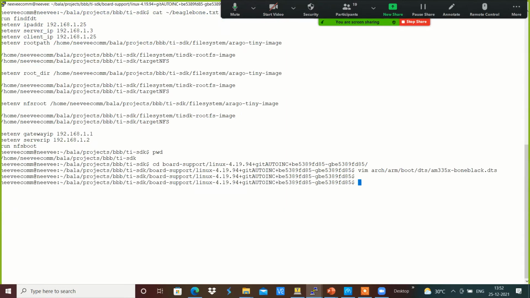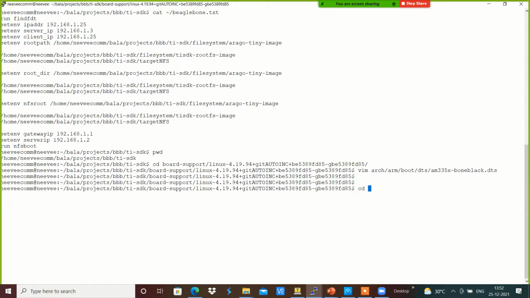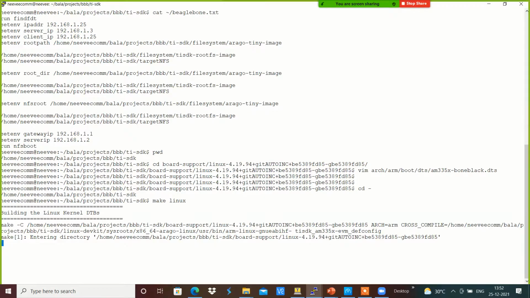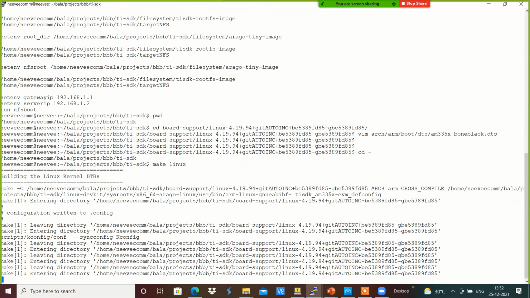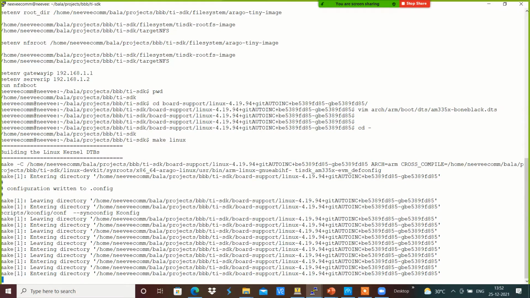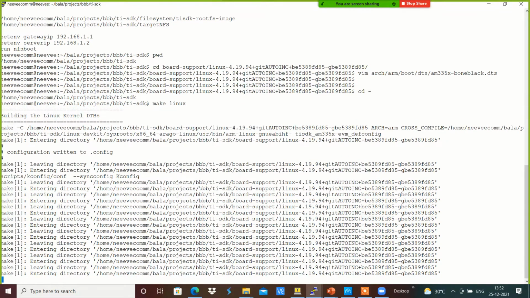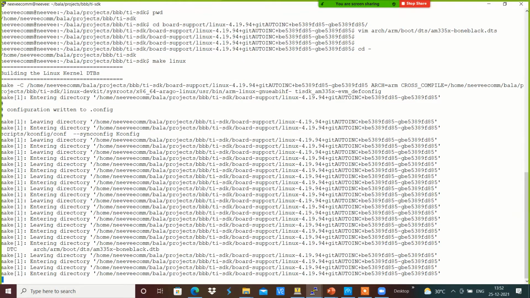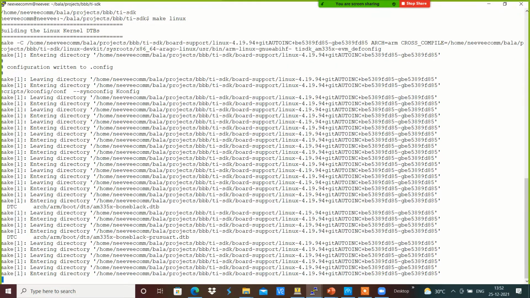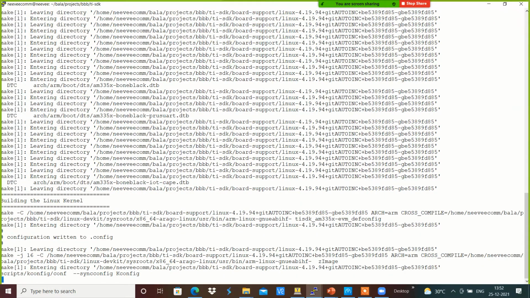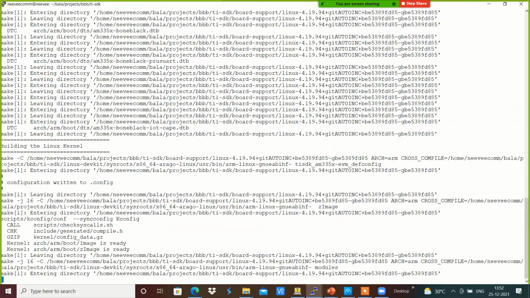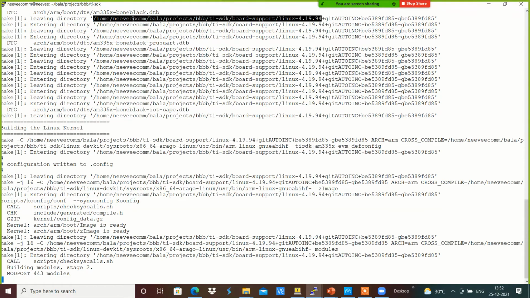I just copied it, and now I'm going to run make Linux, which will do the compilation of the device trees. Here we can see that the am335x-boneblack.dtb got newly created.